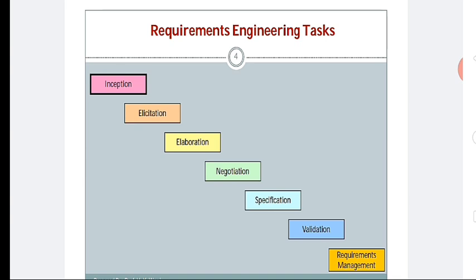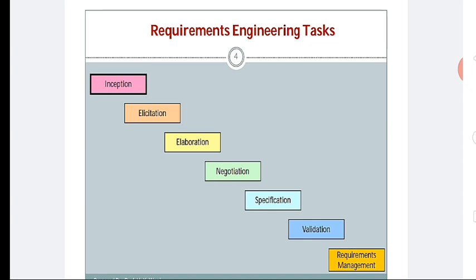Then specification. In the specification phase you need to create documentation. Documentation may consist of your user manual, developer manual, or other manuals. Then validation. In the validation phase we need to perform testing of the product.